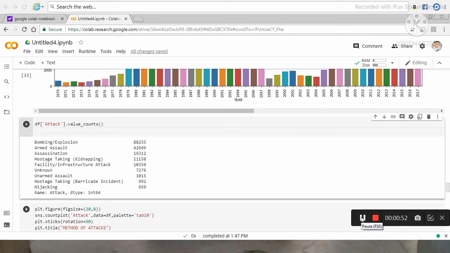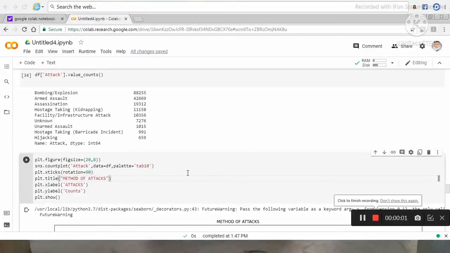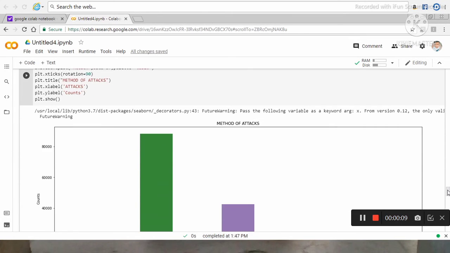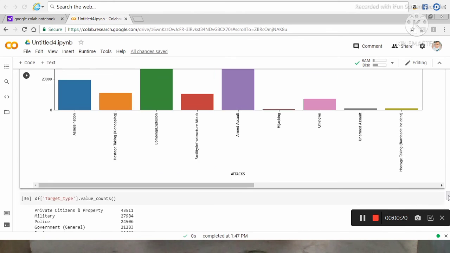And here I check from all over the data what attack methods terrorists generally use, and then I plot it using the countplot function. So in the method of attacking, bombing and explosion is considered the top. So generally terrorists use this method for terrorist activities.